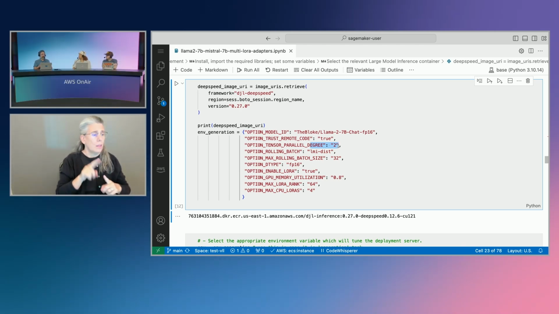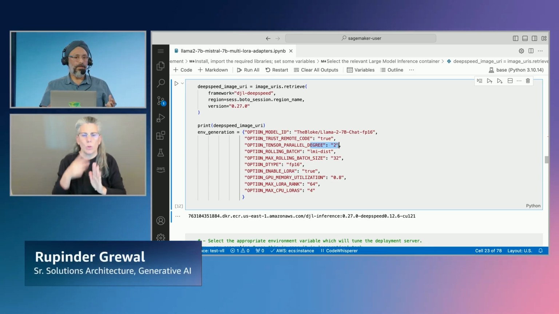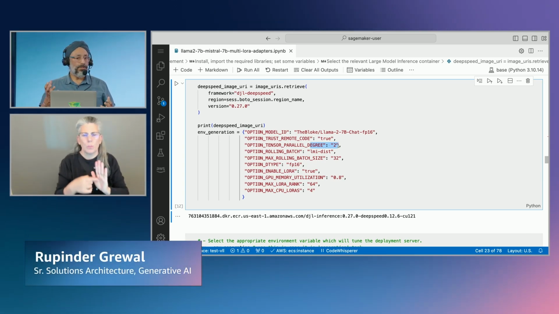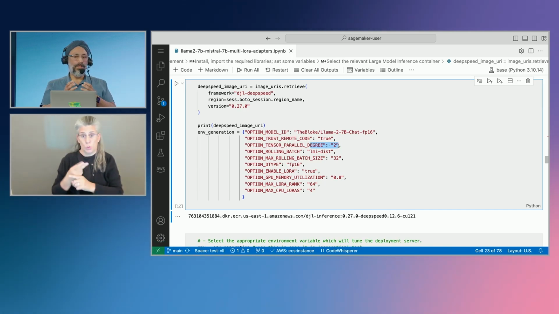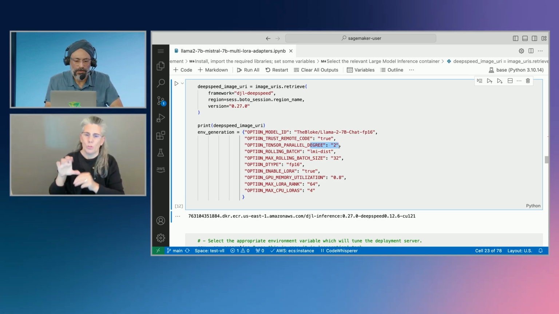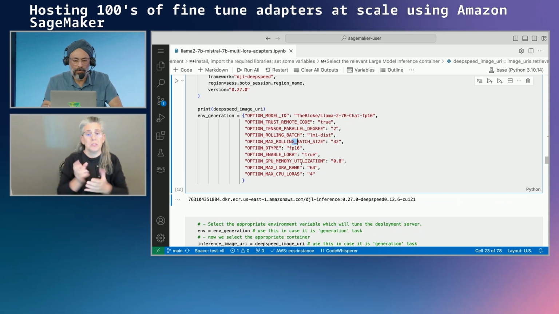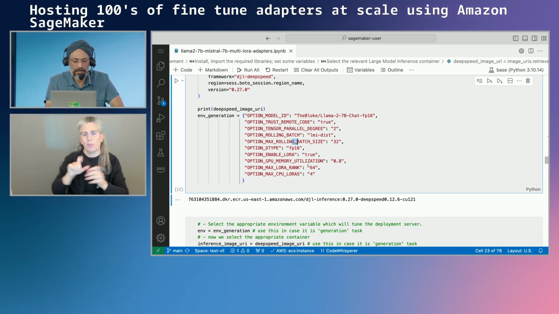The reason I'm doing that is because this is an 810 instance, so I want to have a larger GPU memory, for contexts which are larger, like a summarization use case. I've seen our customers feed in books, literally a mini book, and they want to get a summary out of that whole book. For that kind of context, you need more GPU to process it. And then of course, there are some rolling batch optimizations, which we can talk about in subsequent sessions, which are more about how you do the inferencing. But the magic is here.